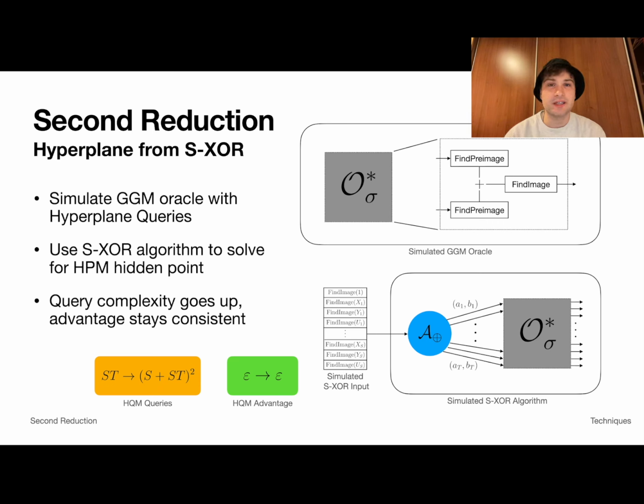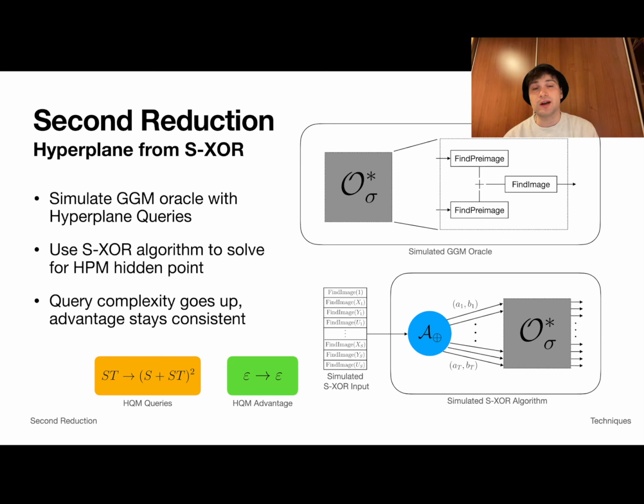Every time I need to lazily sample a new value, I have to ensure that it is in fact a unique value, and to do that, I need to search through the previous values that I've seen. As such, I'm able to lazily sample a label function with only a quadratic number of queries. As you can see in the bottom left, the number of queries goes up quadratically, where S here corresponds to the size of the simulated input, and ST corresponds to the number of online queries.